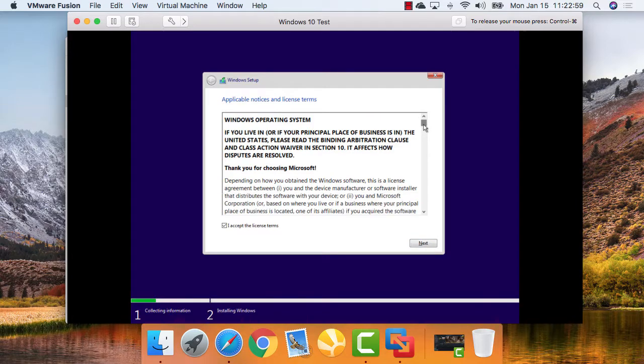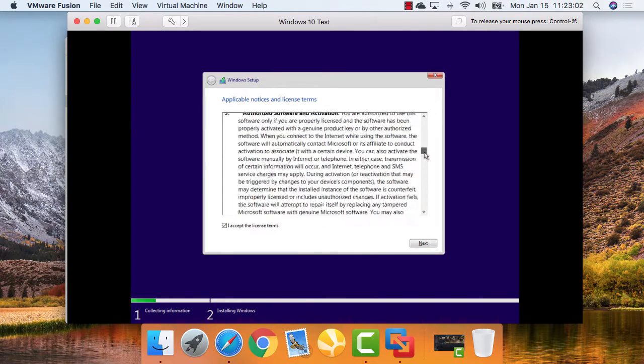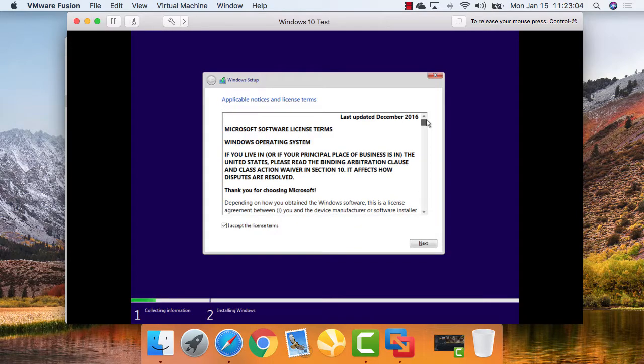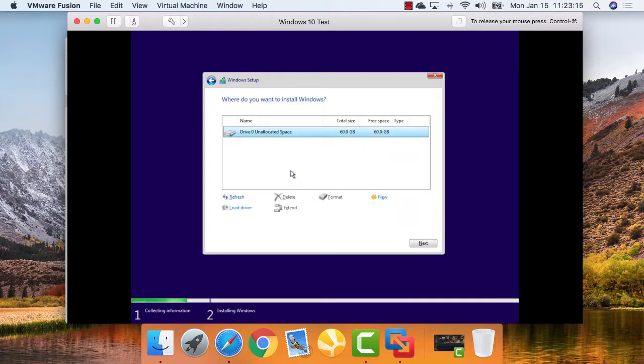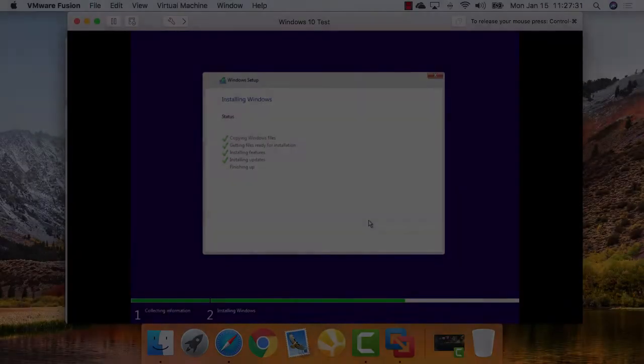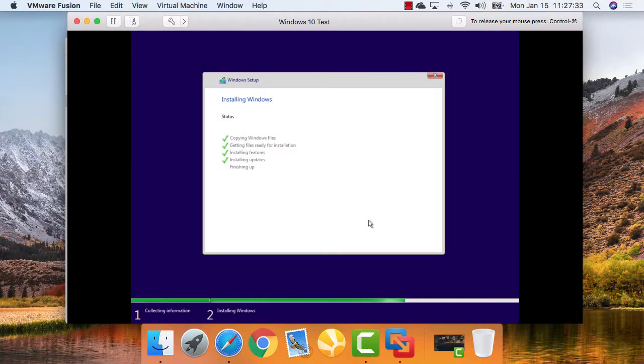This is just accepting the license terms, so I always recommend reading through these, but then we can just click the checkbox and choose Next. And we're going to want to choose the Custom Install Windows Only option when we're working our way through this. So we'll allow it to use the entire virtual volume that we set up. If you recall from the settings page, that was 60 gigabytes, so we'll just use that whole thing for the operating system. Once we click Next there, the Windows installer will show us what it's doing as it's doing it,